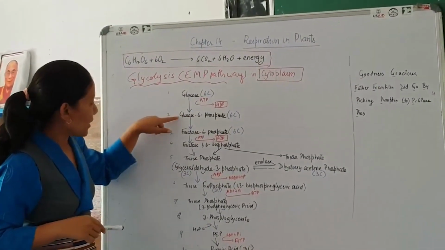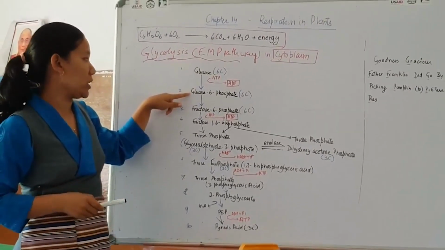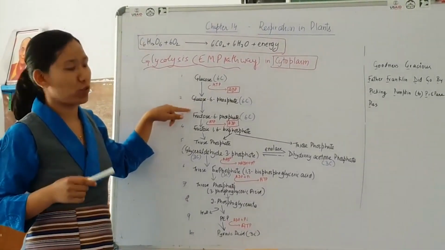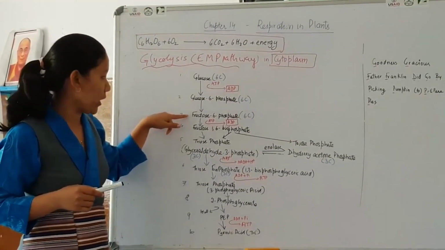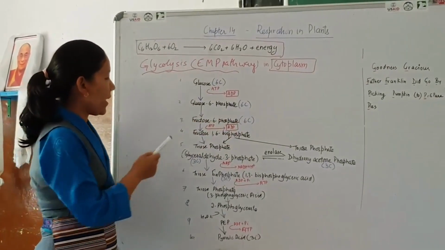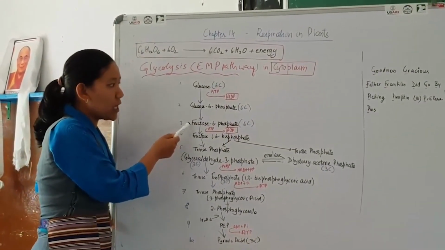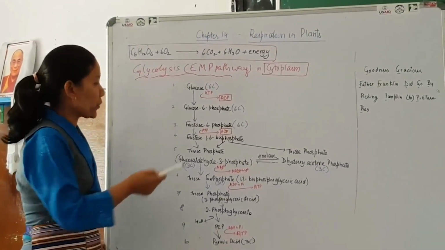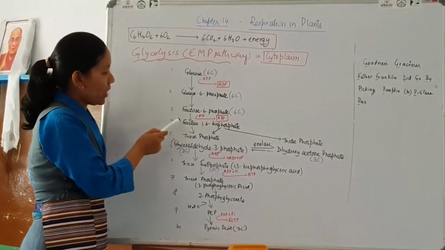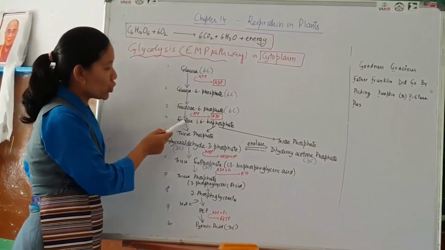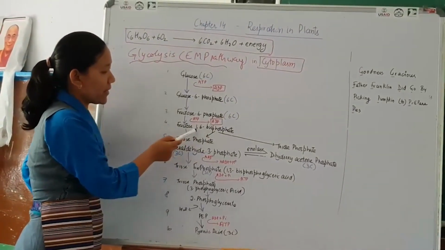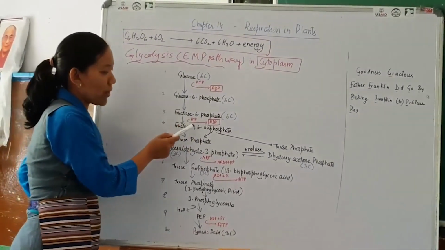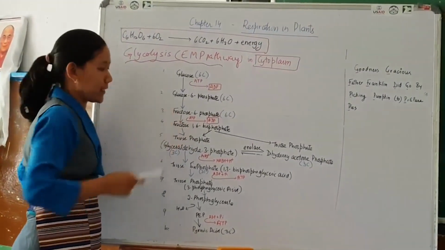Okay, so now the second step is glucose 6-phosphate converts. Glucose and fructose are isomers, so it converts into fructose 6-phosphate. Again here 6 carbon, and this fructose 6-phosphate undergoes one more phosphorylation, that is addition of phosphate to itself, again by utilizing ATP. Now the fructose becomes fructose 1,6-bisphosphate, that is 1,6 is the position of phosphate. There are 2 phosphates, so bisphosphate. Phosphate on carbon number 1, phosphate on carbon number 6.